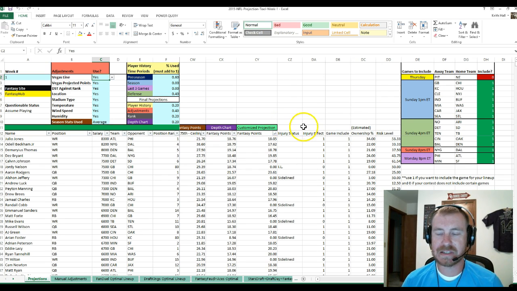So don't take the projections and everything as much to heart as you would on a Sunday morning. Just keep in mind that this is not designed to give you an optimal lineup for that site. It's basically designed to guide you through how to use our projection tool for